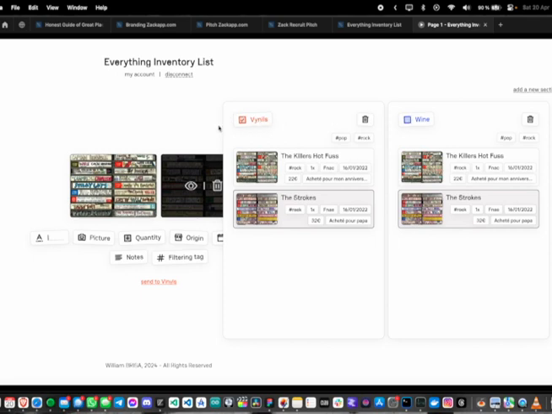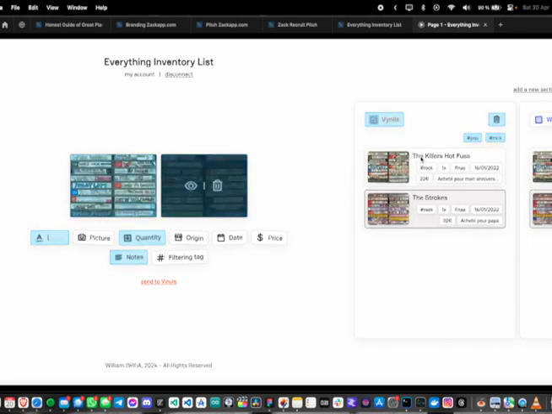So maybe it could be useful for some things. You can sort by the filtering tag. So if I only want rock things, I can click on rock, and I can also filter by more than one tag. What's important here is that it's just a list of all the tags that are present in the database for this section. And if you click on something, like for instance, you click on the Killers' Hot Fuzz,